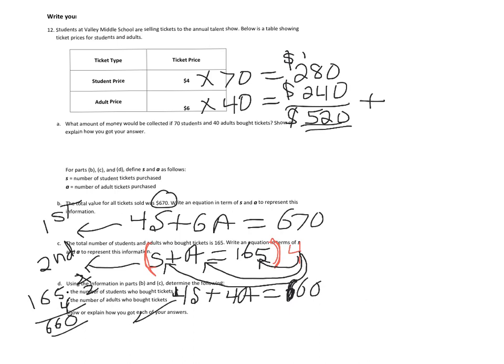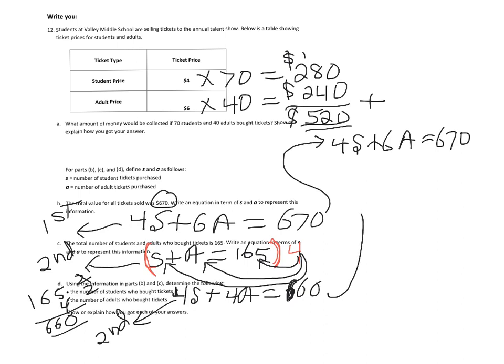This is still the second equation, but we just changed it. We multiplied it by 4 so that we have 4S on both sides, exactly the same. So you know what I'm going to do right now? I will copy the first equation over here. I'm going to write down 4S plus 6A equals 670. And then I will also copy the second equation right there: 4S plus 4A equals